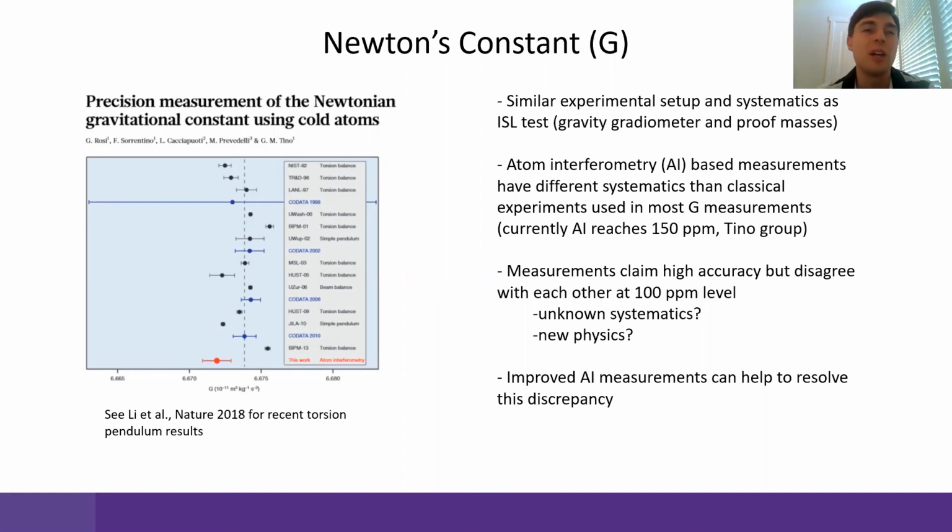I think that we've developed techniques since then, especially with evaporative cooling. You can get way better control over the kinematics of the atom cloud. And so I think that will help with that systematic. Also, if you use higher sensitivity, then you can use source masses that are less dense, similarly to the other case of the inverse square law test, and maybe you can characterize them more precisely. So source mass characterization is also very hard in these Newton's constant measurements.